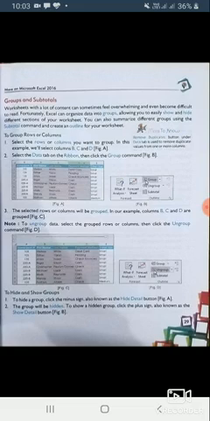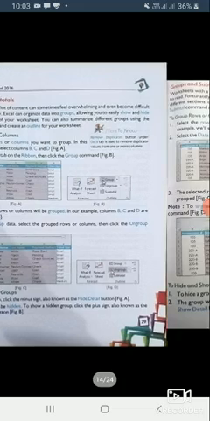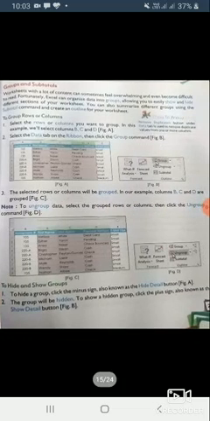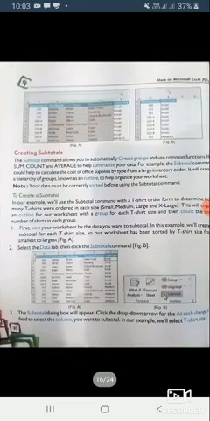Let's take an example, the fields of math, science and social. We will add them, and this will make the subtotal of your marks, and the total marks is given in your worksheet. To group rows and columns, to show, follow these steps. Okay, now creating a subtotal is very easy.